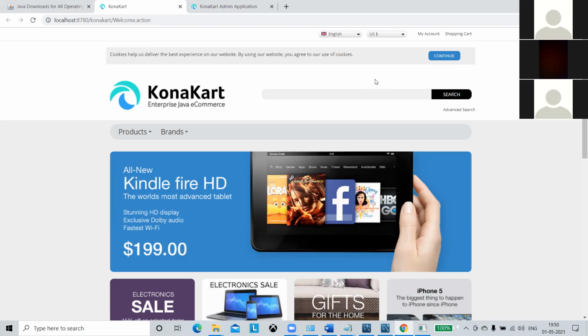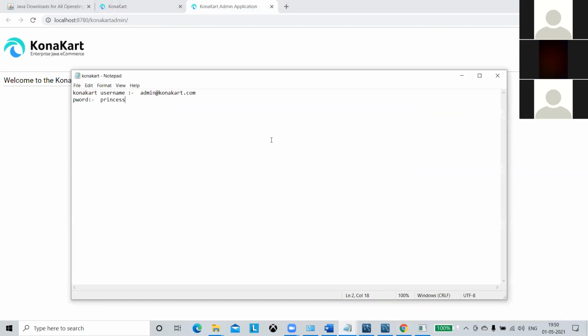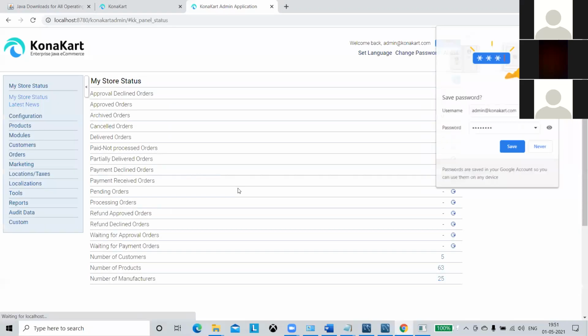And now go to the third tab, the Konakart admin application tab, right? There you noted down the admin password. You can log in using those credentials. You should be able to log into the application using those credentials.